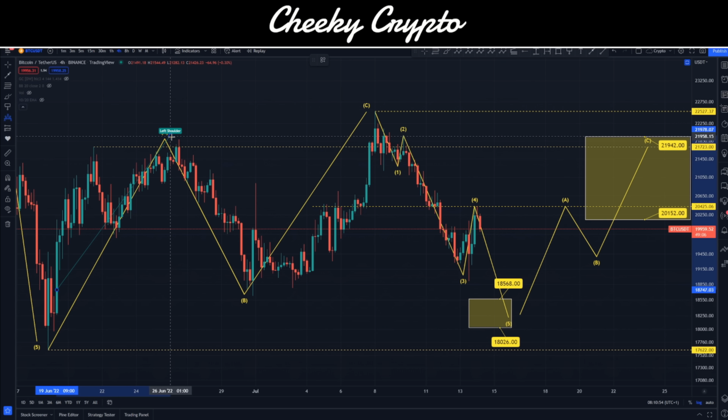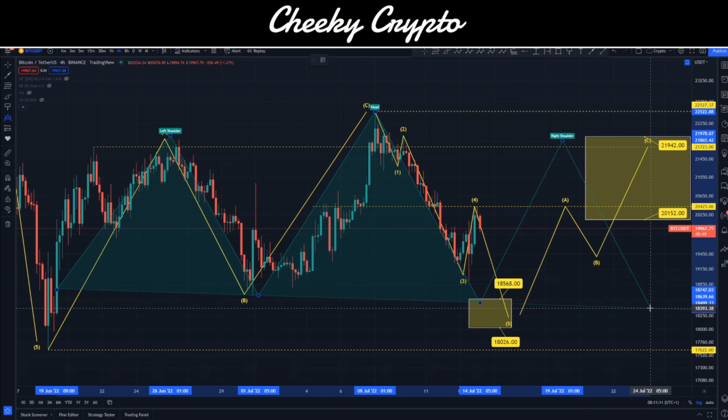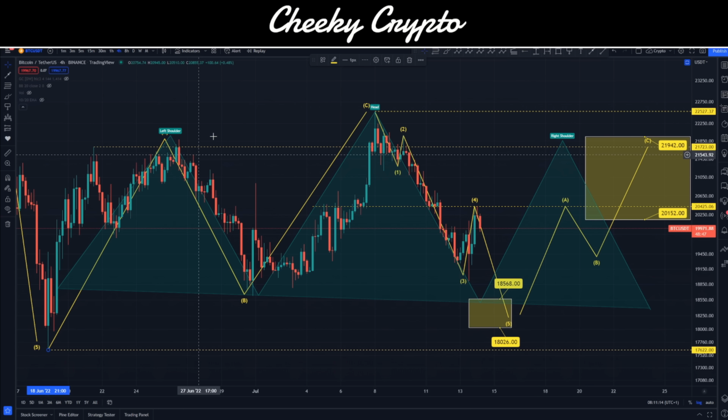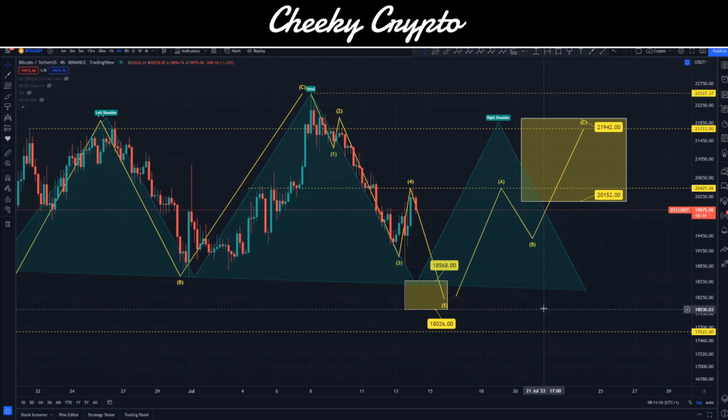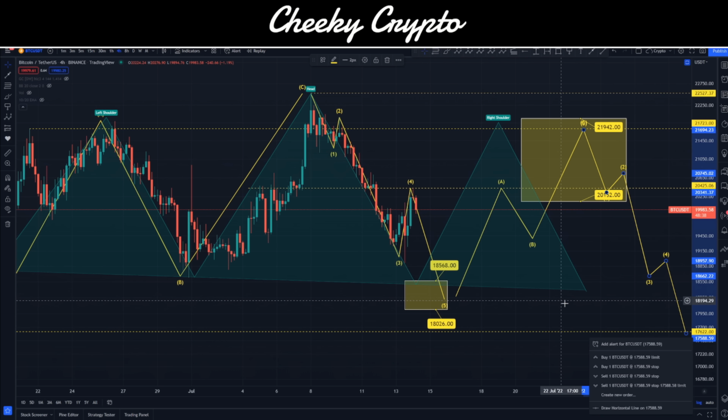Okay, so we have our left shoulder just up here, coming down. Our head comes up to our top. We come on down into where our neckline will be, which will be in our little yellow box area. We'll then come back on up. We'll test our higher range somewhere around here. We'll then come on back down, and obviously that completes a head and shoulder pattern. And from here we basically break on down. And of course, we're expecting a 5-wave drop here, where we come down lower than the neckline and all that